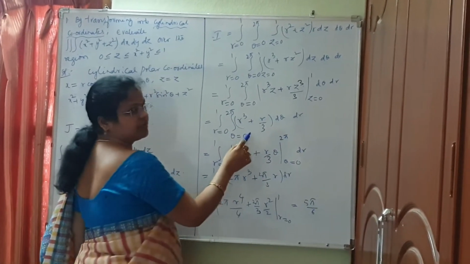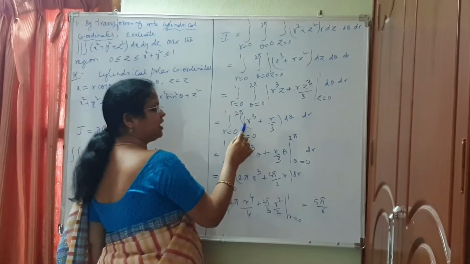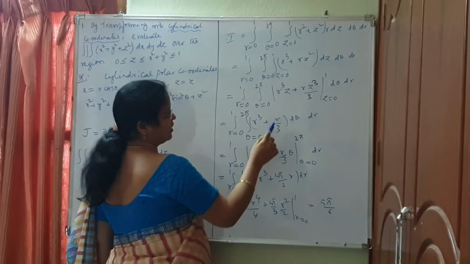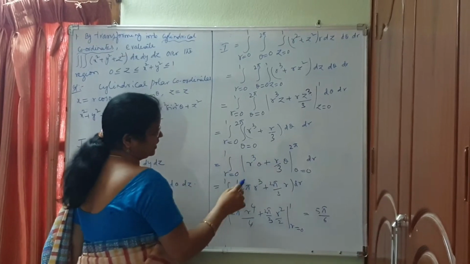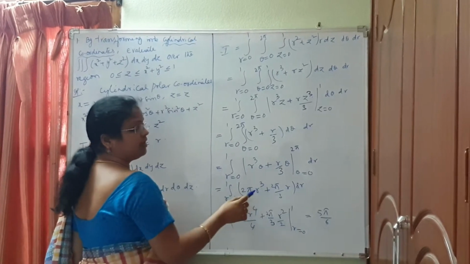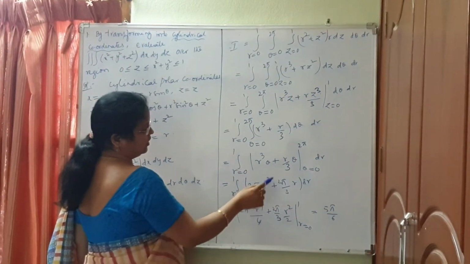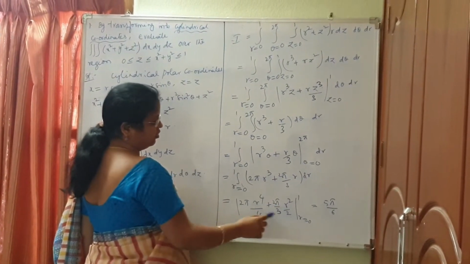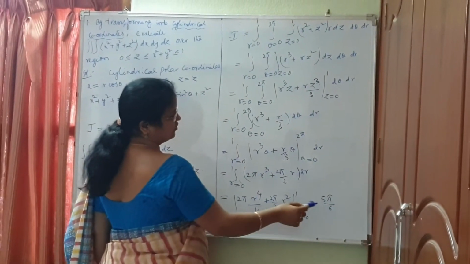And now I am integrating this function with respect to theta. Again, when I am integrating with respect to theta, treating r as a constant. So r kept fixed, r by 3 into integral of d theta is theta, and theta limits are from 0 to 2 pi. After substitution the whole problem has transformed to a single variable r, and after integration with respect to r, we are getting 2 pi, r cube integral is r power 4 by 4, 2 pi by 3 will be as it is, r integral is r square by 2, and r limits are from 0 to 1. After substituting the limits, you will get the answer.